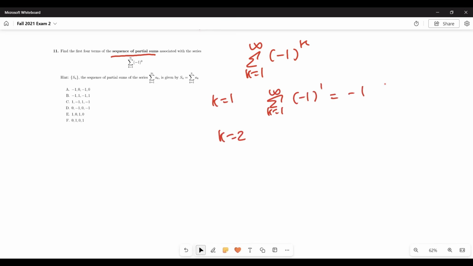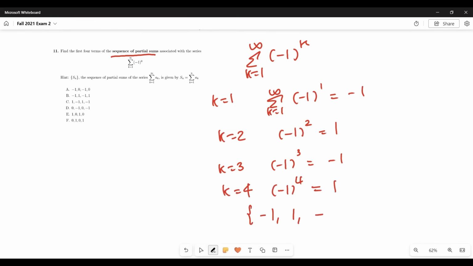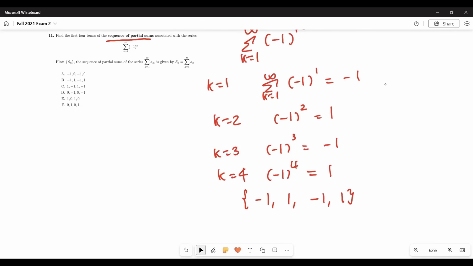K equals 2 is negative 1 squared, which is 1. And k equals 3, negative 1 to the cube power is negative 1. K equals 4 is negative 1 to the fourth power, which is 1. So this is negative 1, 1, negative 1, 1. Right? But it's the first four terms, and then